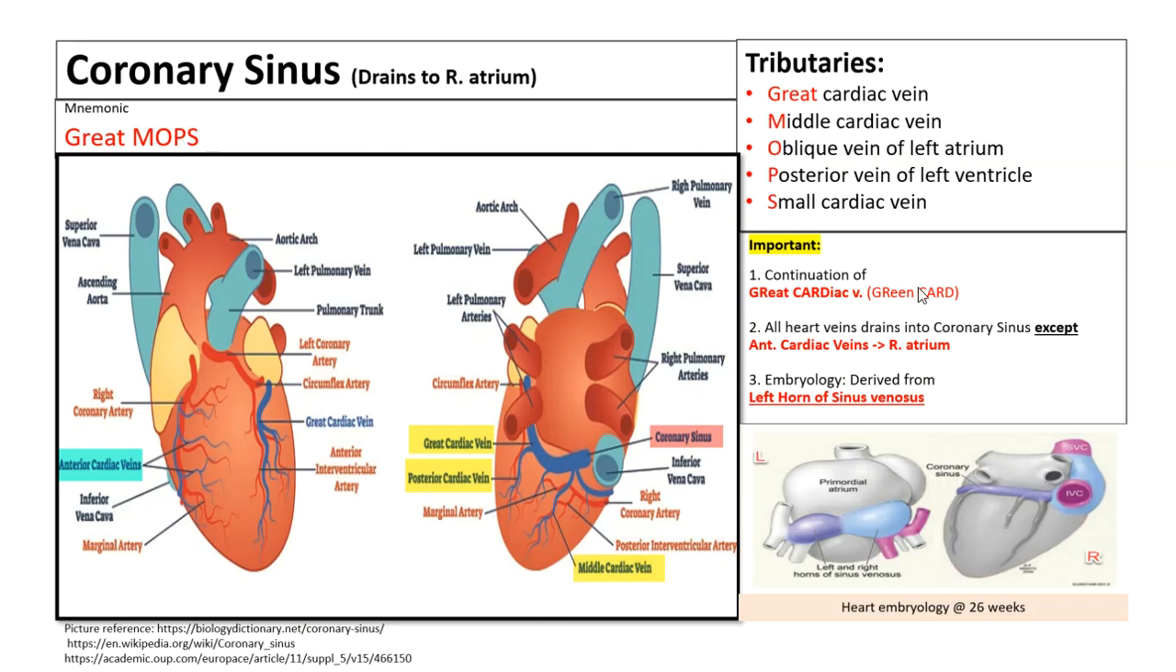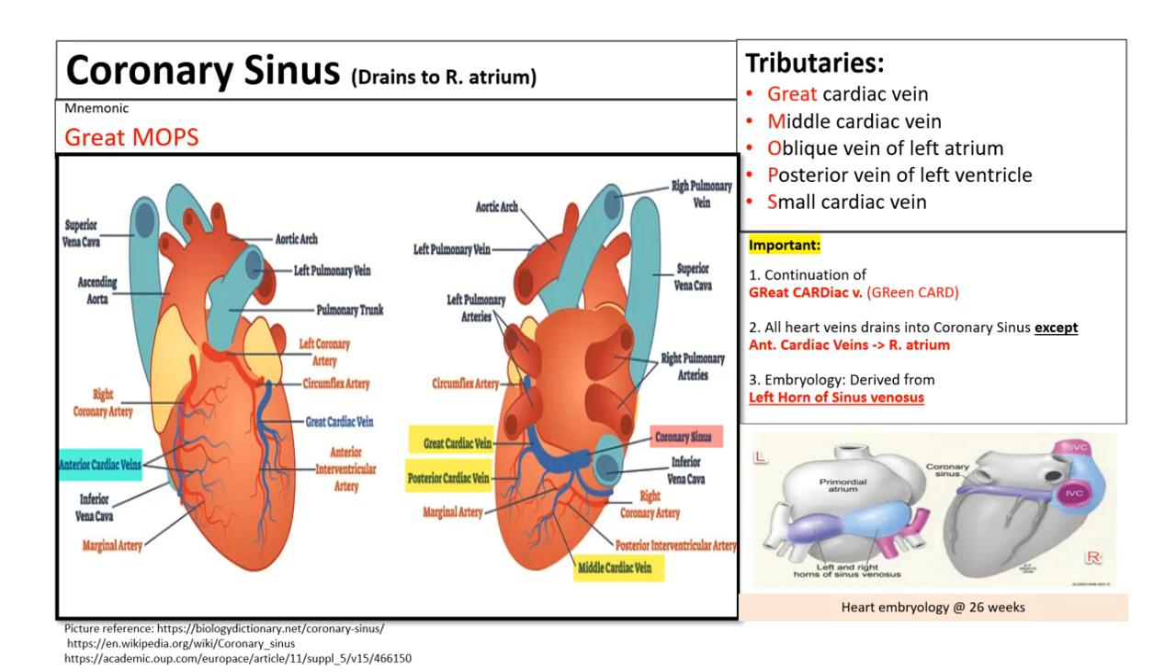And there are 3 important things you need to remember for coronary sinus, just for exam purposes. First, this is a continuation of the great cardiac vein, as I mentioned before. Second thing is that all heart veins drain into the coronary sinus except the anterior cardiac vein, which actually drains into the right atrium directly. And the third,